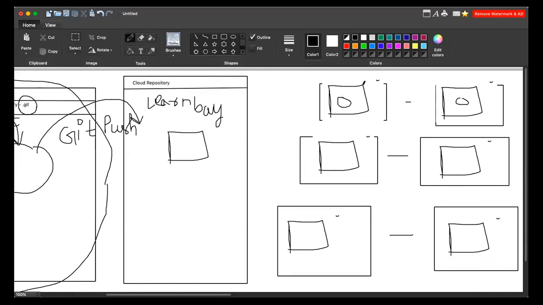So when it is pushed to your account, let's say you have created one file here, f1.py. Let's say this is person A, this is B, C, D, E, and F. All of you have created one file in this repository, which is on your local system. Now you need to send it to the cloud repository. Sorry, this is the cloud repository. You will not be creating any file or folder here as of now.